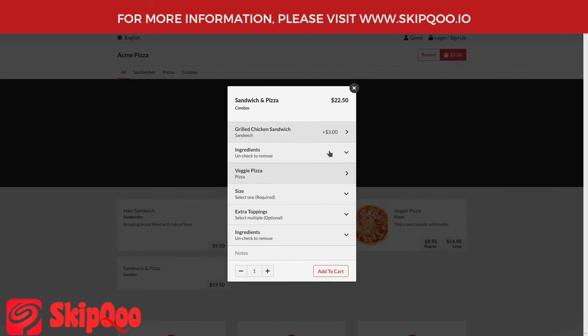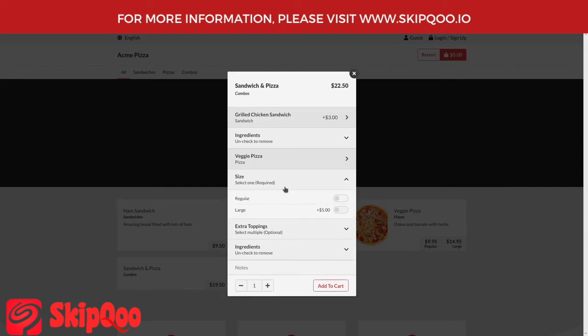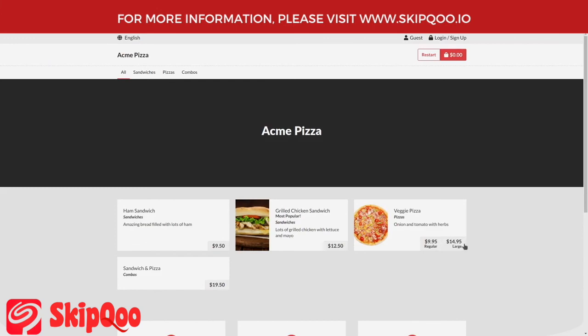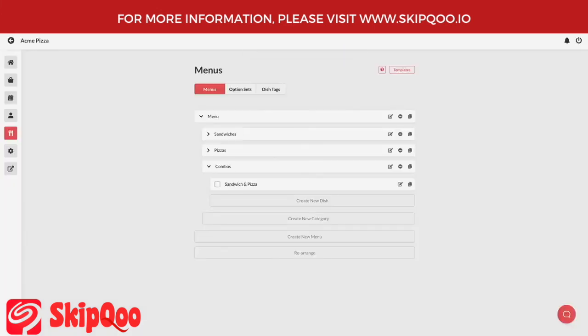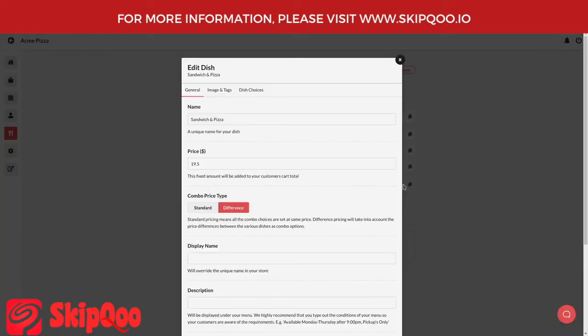Now, there's one last very useful thing you can do with combos. Say for instance, this combo said a sandwich and a regular pizza instead of just any pizza. What that means is we don't want the customer to be able to choose a size because the size is already a regular pizza. So we want to be able to remove this particular option from the combo without actually having to modify the dish, because if a customer picked it regularly, you want them to be able to choose large. So to do this, you can go back to the combo and we can edit it